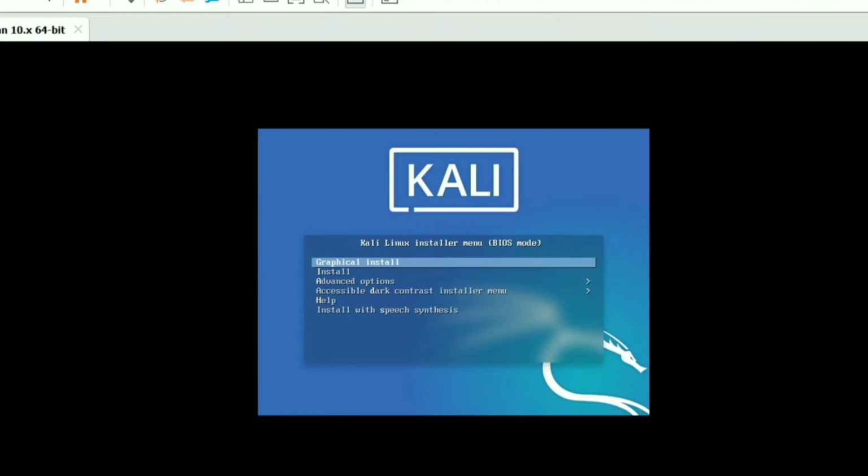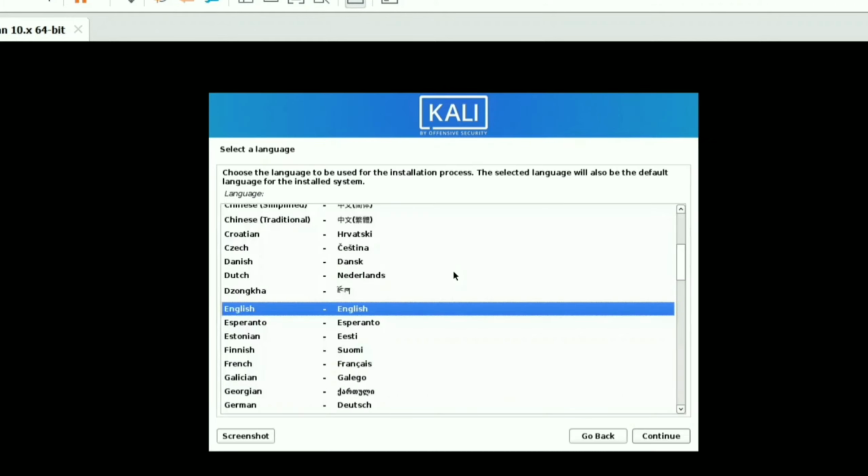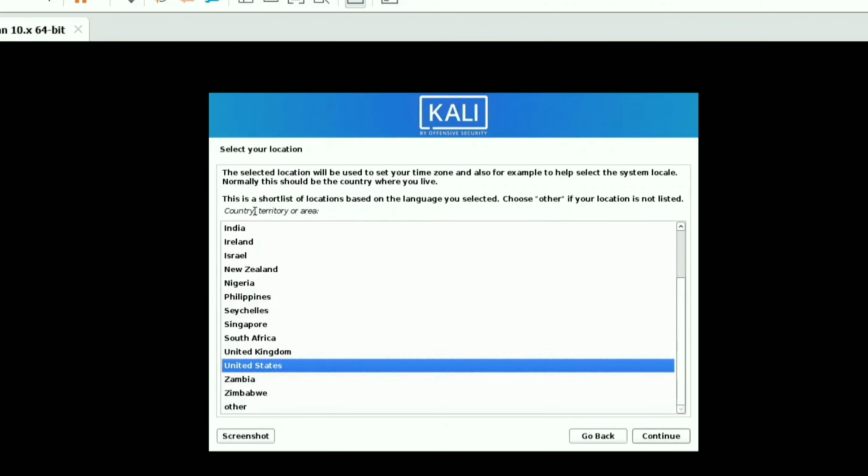Click on graphical install. Select your language. Continue. Select your country.